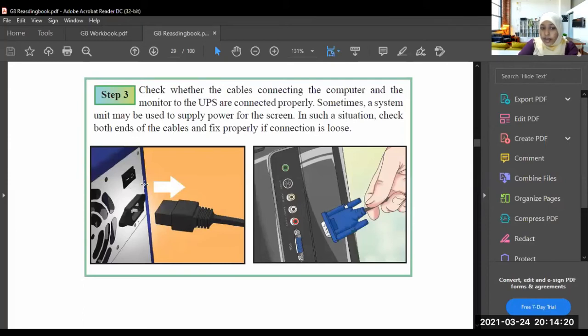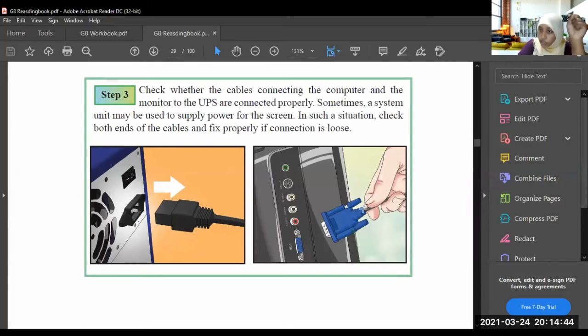You know there is a wire connected to the computer from the power supply. This is the power supply cable. Check whether this cable is correctly connected. Then there is another cable connected to the monitor.